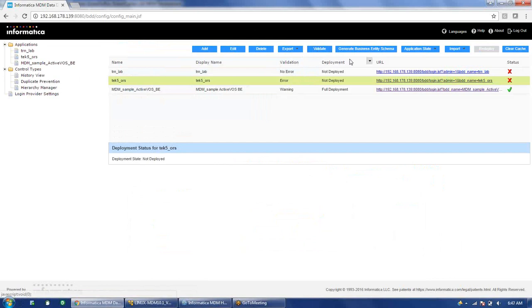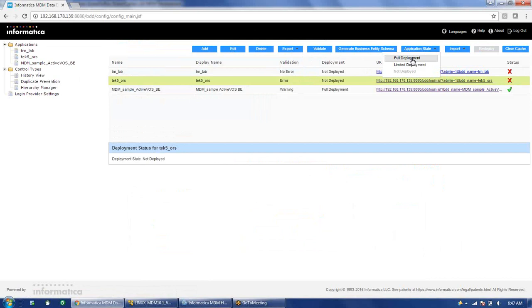And once it is validated, then we can go to this application state, which will come as like these options: full deployment, limited deployment, and not deployed. So as of now it is not deployed. You can see there is a cross mark at the end, so we cannot log in into this application. So if we want to enable this, we have to use this full deployment. So the basic difference between full deployment and limited deployment is, full deployment, if you do, anyone will be able to access this URL with their username and password.